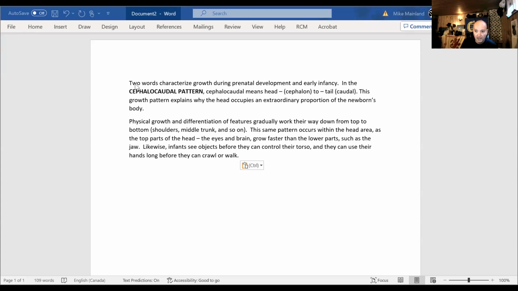So say I want to add citations to this. I'm doing this video to show you how to do citations and a bibliography using Word, and how to make that part of doing APA super easy so you don't have to worry about it. So say I'm researching what cephalocaudal means, and let's say the first thing I come across